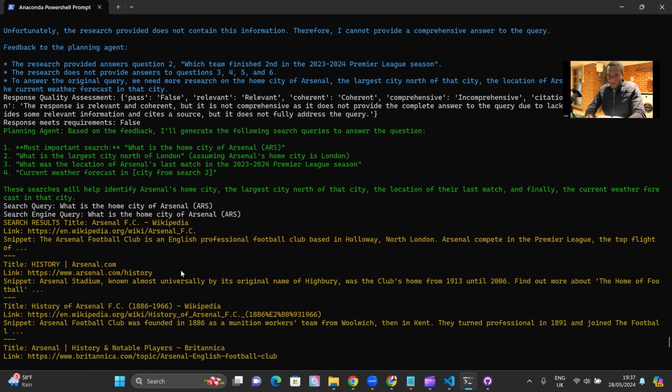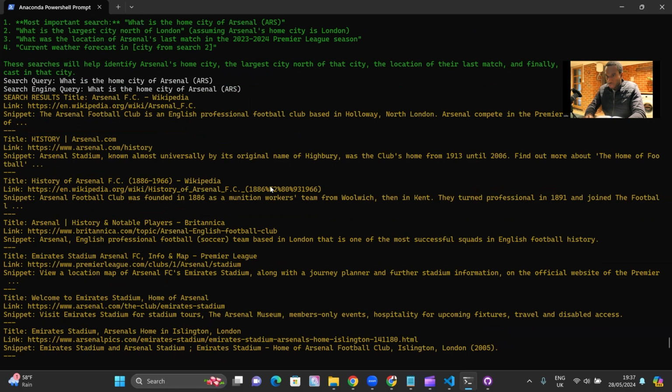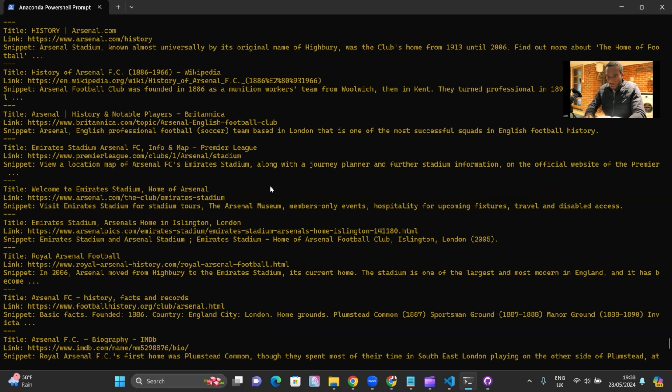And now we're stepping back, and the planning agent has identified the most important searches. What is the home city of Arsenal? Again, that's the red herring. We don't need to know that. We just need to know where Arsenal played its last game, and then we can go from there. So saying what is the home city of Arsenal is a complete fail in reasoning, but we return the search engine results